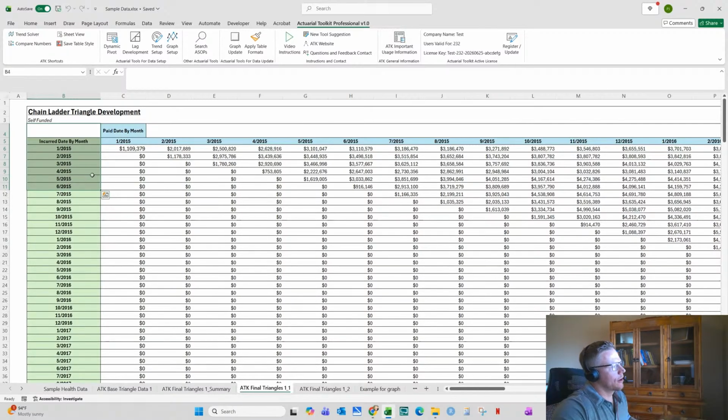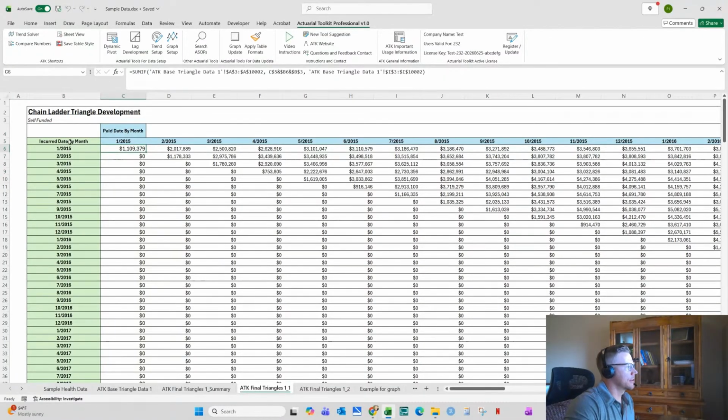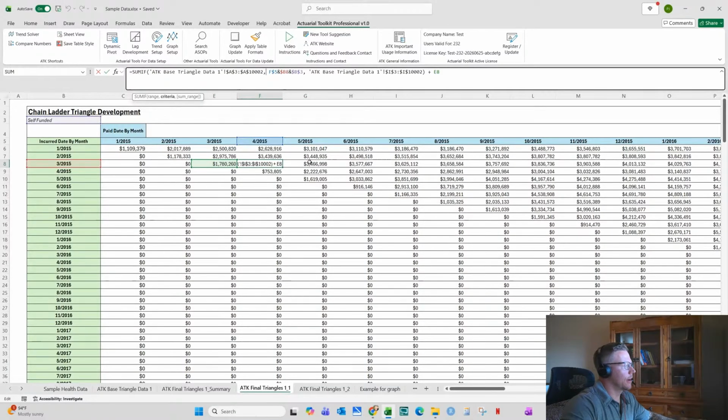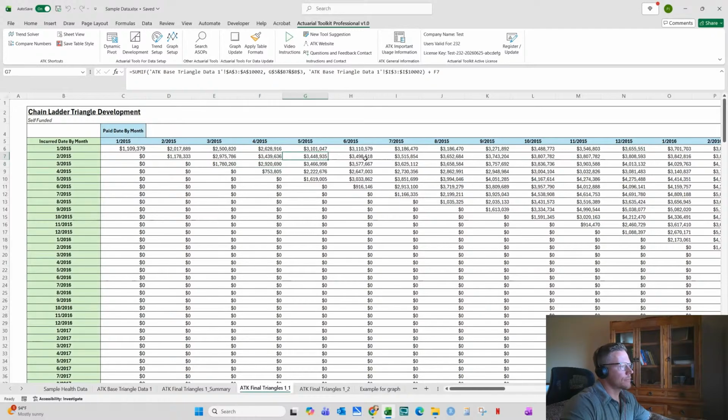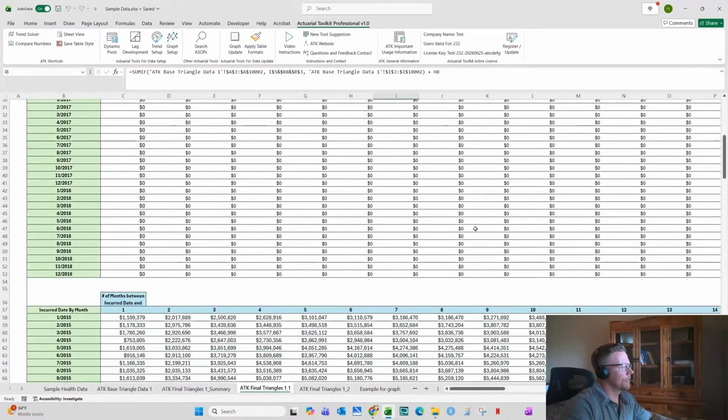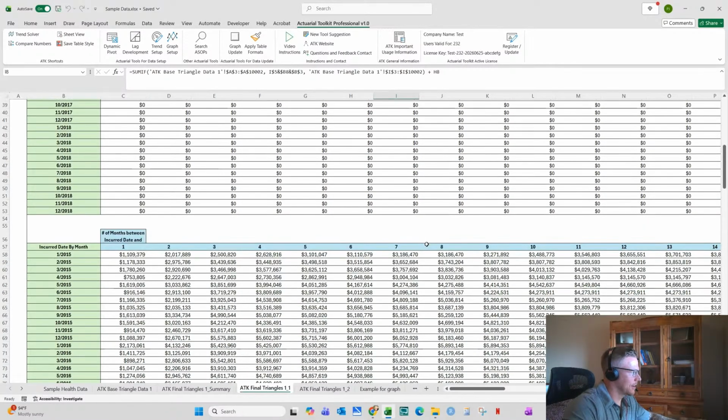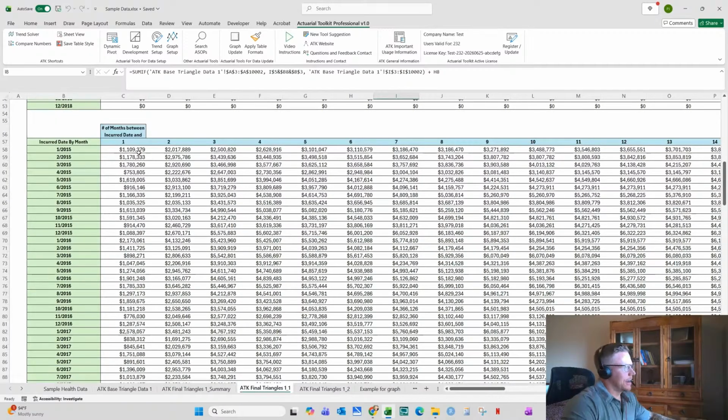By the way, my data was aggregated at the day level, but it knew how to grab the unique listing of months, and it split out my triangles in a way such that it's aggregated my data. So like incurred in March of 25, you can then see the development of the paid dollars going across here. And you can see it's aggregating over time. So we're moving across, it's aggregating across time, and it's created that first development. And then as I go down, you can see it's organizing my lag